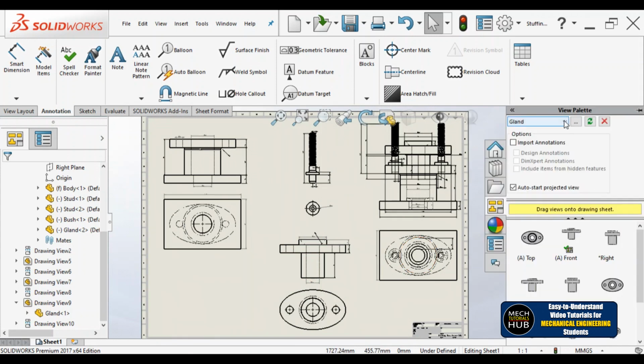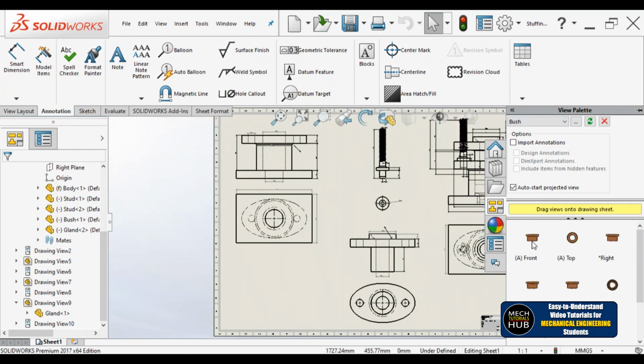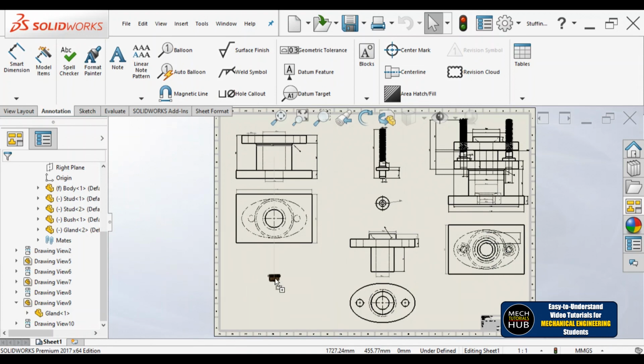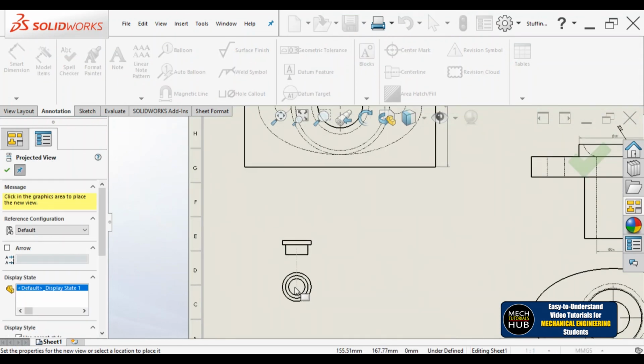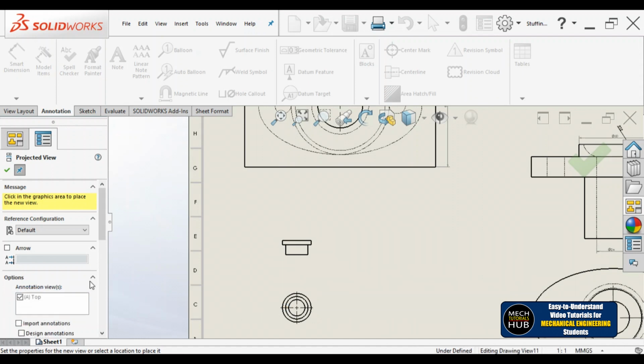Okay, let me go to view palette and consider one more, which is a bush. It is reading all the information related to bush. It will place all the views related, whichever you want, you can drag and drop it here. If I place centrally, it is going to align. If you want, you can keep it aside. Okay, and projections of it,